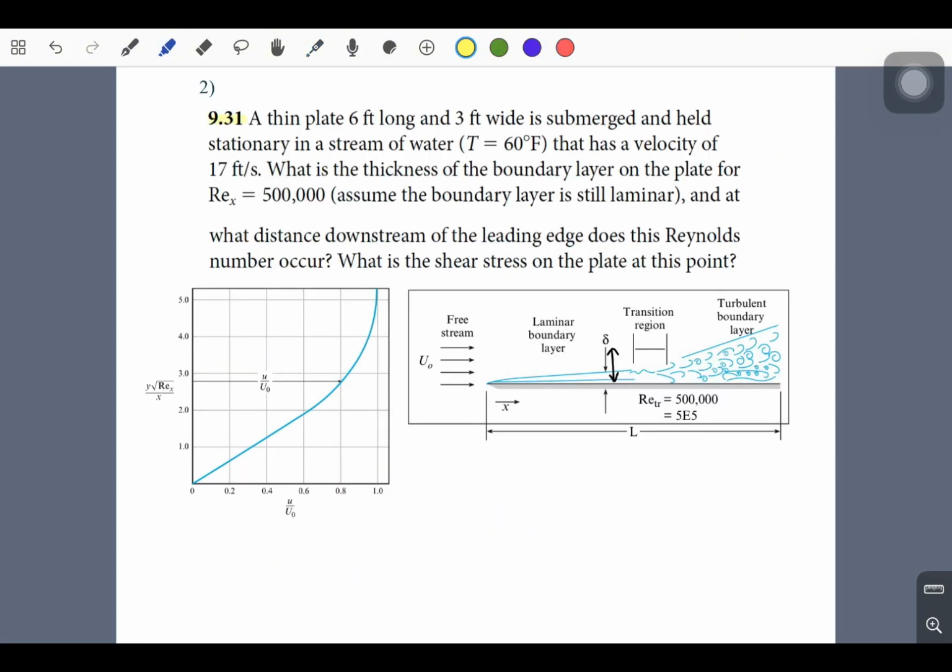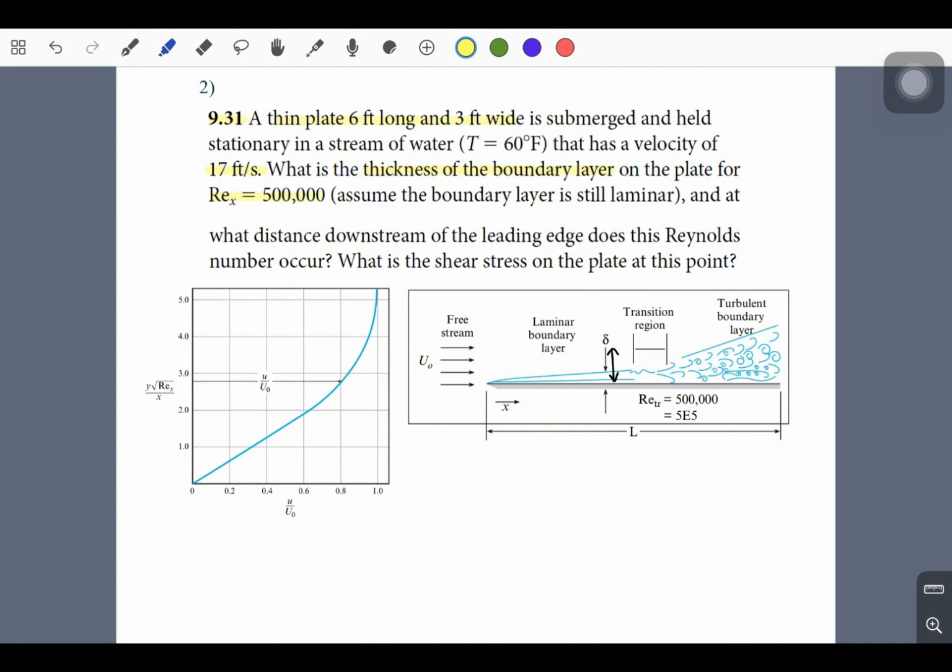This is question 9.31. Here again, we have a thin plate 6 feet long and 3 feet wide, and it is held stationary in a stream of water with a velocity of 17 feet per second. And this time we need to find the thickness of the boundary layer